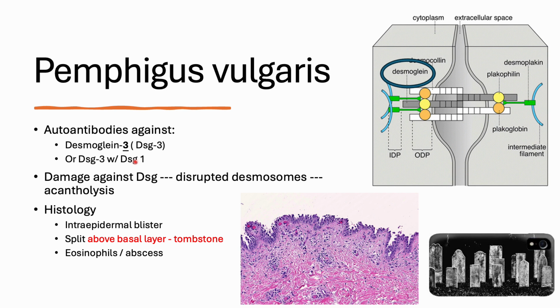There will be further explanation to demonstrate the difference between those two. But at this moment, I hope you can remember the main targeted desmoglein is number 3. Number 3 is the most important one. Because of the damage to the desmoglein, the function of the desmosome is disrupted, causing acantholysis between the keratinocytes. And because of that, we further understand the histology, which is the intraepidermal separation of the keratinocytes, forming this blister. And the split is just above the basal layer, leaving over 1 or 2 layers of the basal